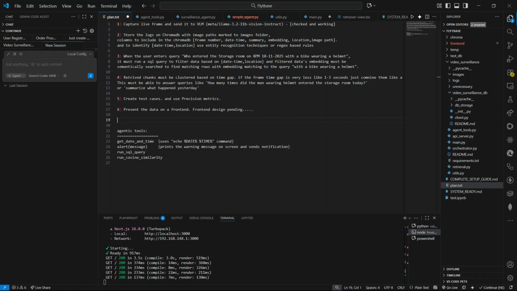So coming to the coding part, I initially made a plan using Perplexity and other similar tools which currently exist in the market. My initial plan was to capture a live frame and send it to VLM. For VLM, I'm currently using Llama 3.2, and I'm getting the API from NVIDIA Build. NVIDIA Build offers various APIs for various open source LLMs,